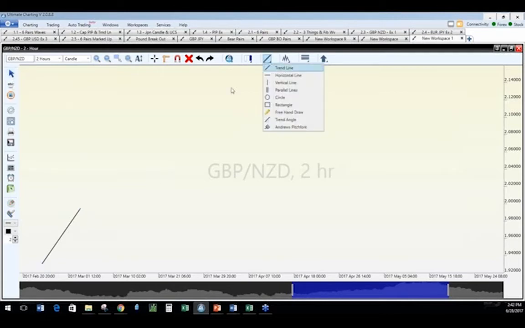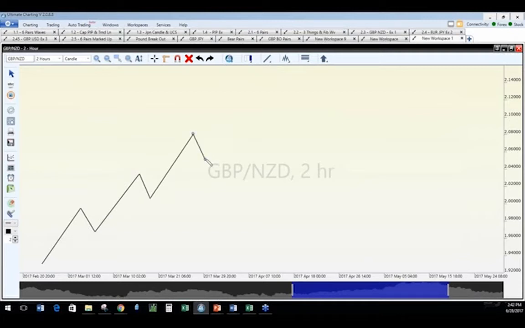Let me just make sure I've got my tools on just the way I want them. So the market's going to make higher highs and higher lows and higher highs and higher lows. And then you're going to notice that the market retraces, okay? And then it reverses direction and then it starts to go down and it does the same thing, okay? Would all of you agree that the market does not follow a straight line? It goes in waves, okay?